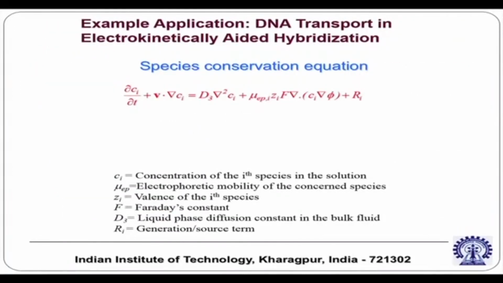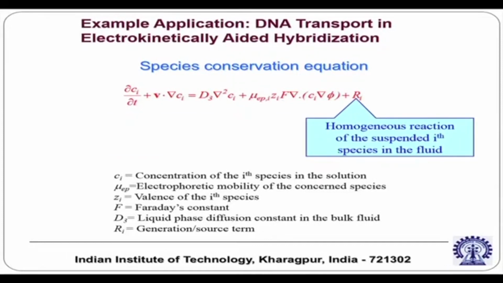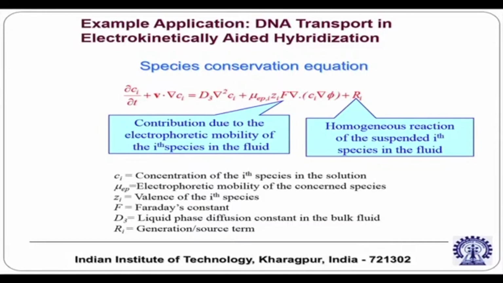Now before going into the alternative techniques of DNA hybridization, I would just like to highlight that if you are interested to study this problem mathematically, DNA hybridization in the electric field, in addition to the fluid flow equation you will need to solve this species conservation equation, and here you can see that we require the full species transport equation considering charge of the species. So if you look into this equation you have the unsteady term, advection term, diffusion term, this is the electromigration term. This is because of the phosphate group in the DNA that you have the negative charge of the DNA, and